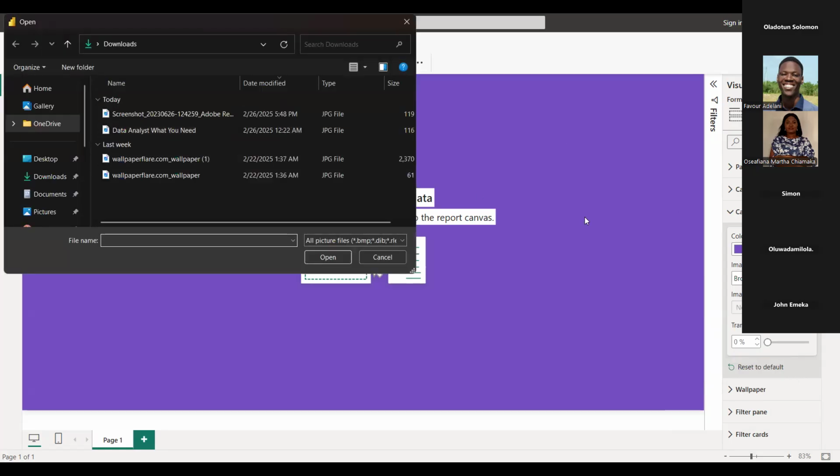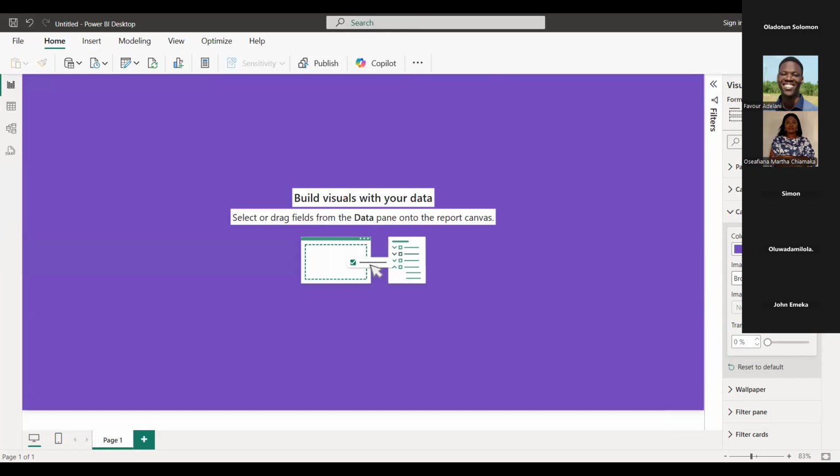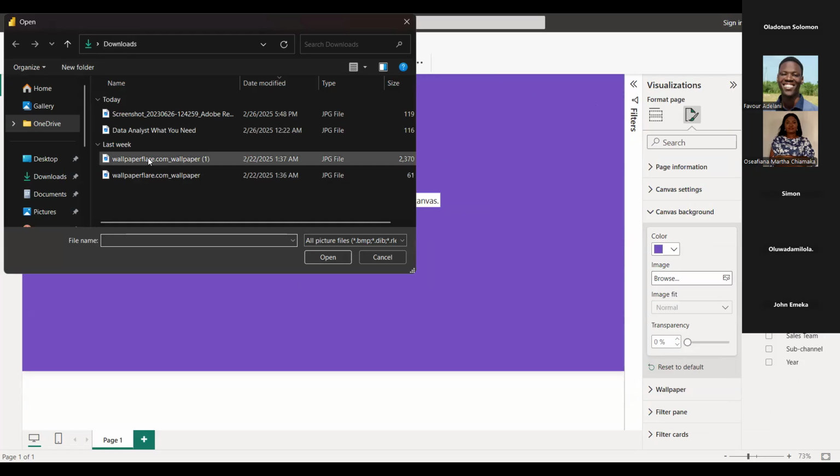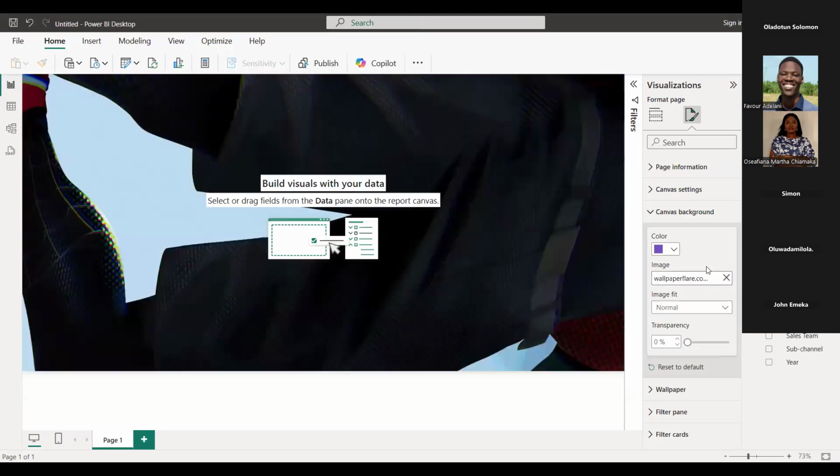If you wanted to use an image for your background, you can just select image and you see browse, add file. So if I have an image that I want to use here, I'm just going to click on browse and it is going to bring me to my files. Let me try to select an image. Okay, I think I do have one.